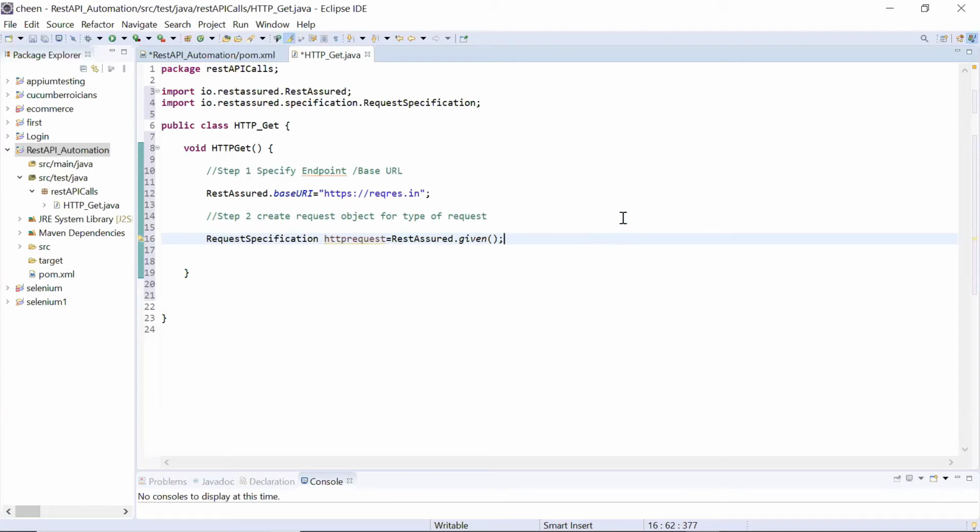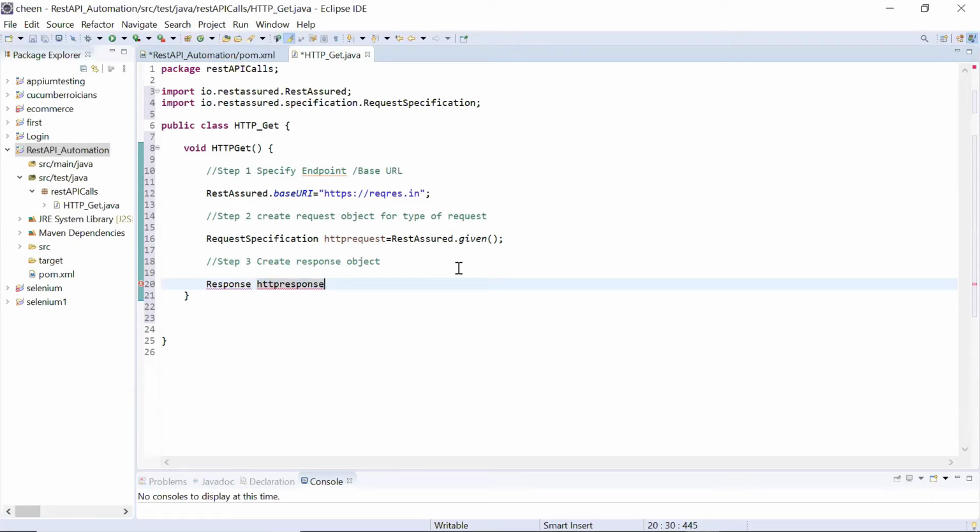Now we will be creating the response. So for that, step number 3 is create the response object. In order to store the response, we will write Response httpResponse.